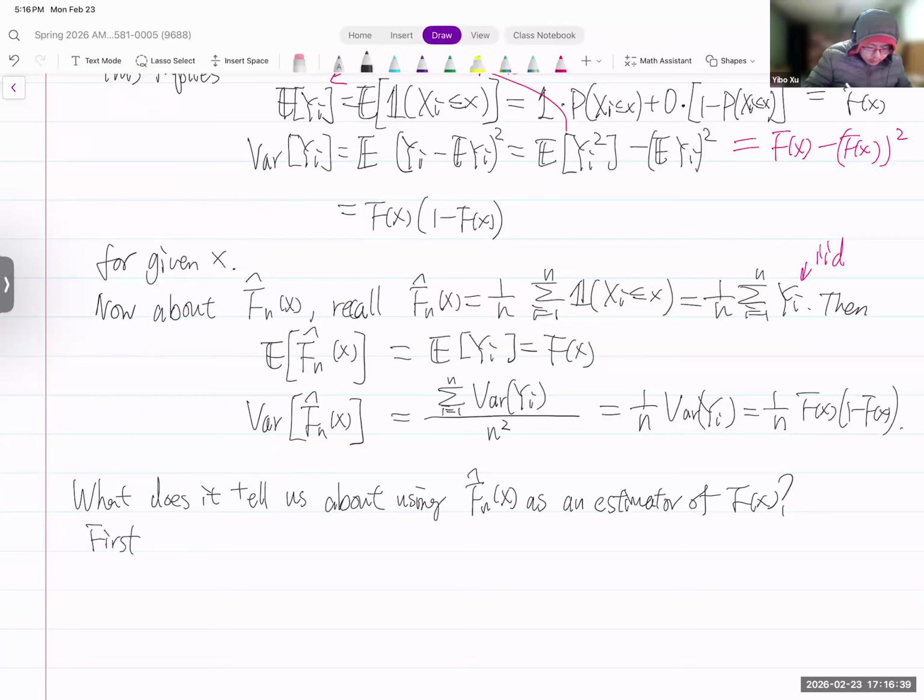First, at each little x, f hat of n, f hat sub n is unbiased